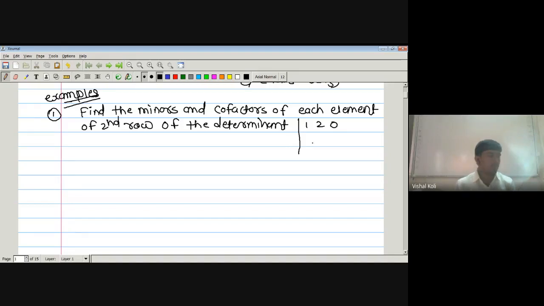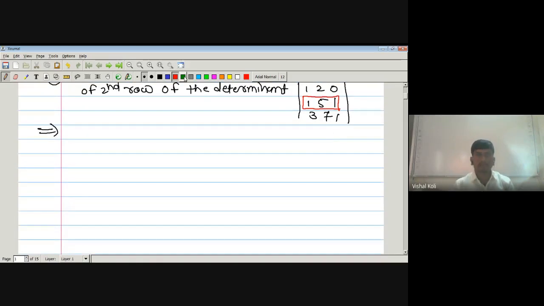120, 151 and 37. So we have been given one determinant and we have to find the minor and cofactor of each element of the second row, that is this row. Here we have to find the cofactors and minors of this row. Okay, now let us find out. Let A be the determinant of this, 120, 151, 371. Now first we will find the minors of this second row, and from that we will